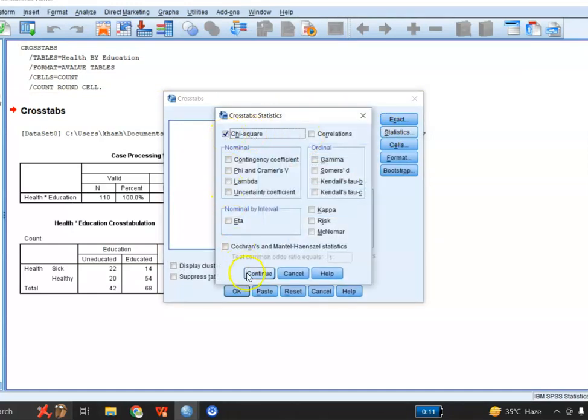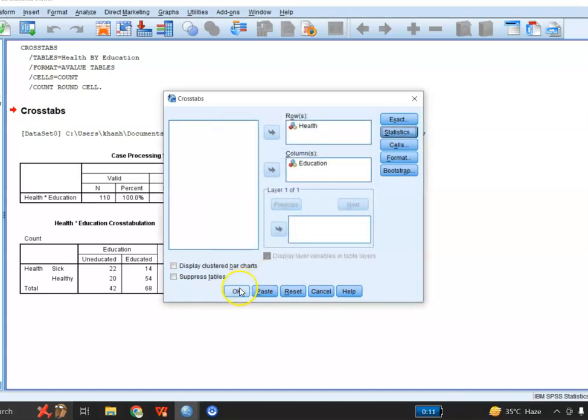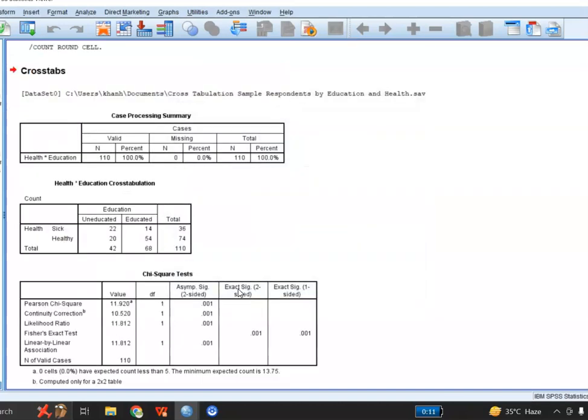Now this time if I continue and press OK, it will give me the cross tab as well as the chi-square test value. So this table is the same that we made earlier without chi-square, but this time I have checked the chi-square test, and